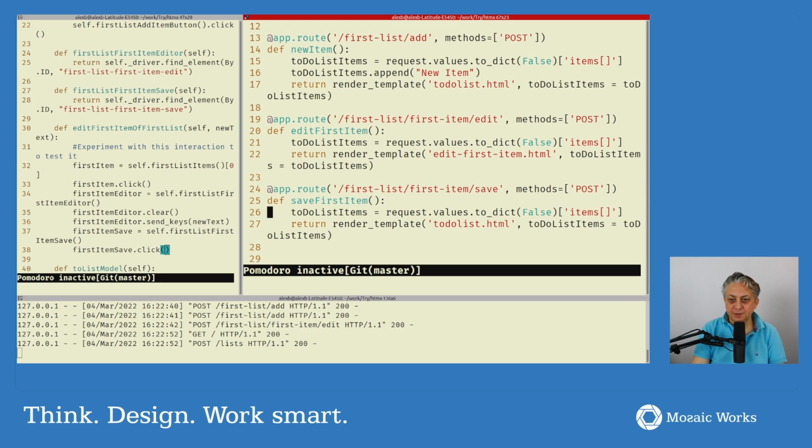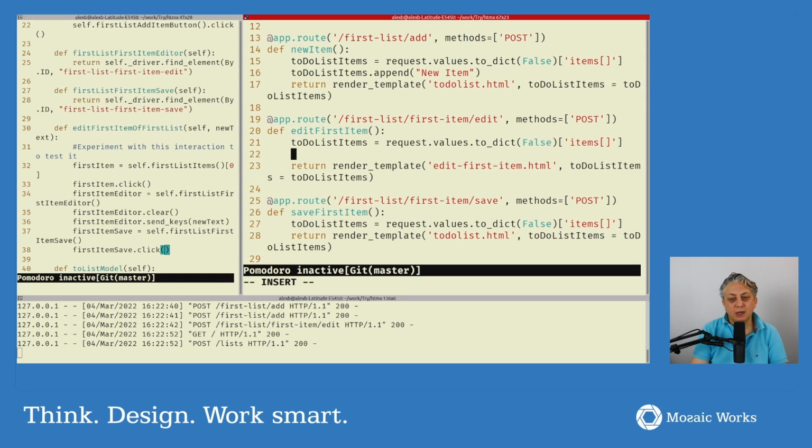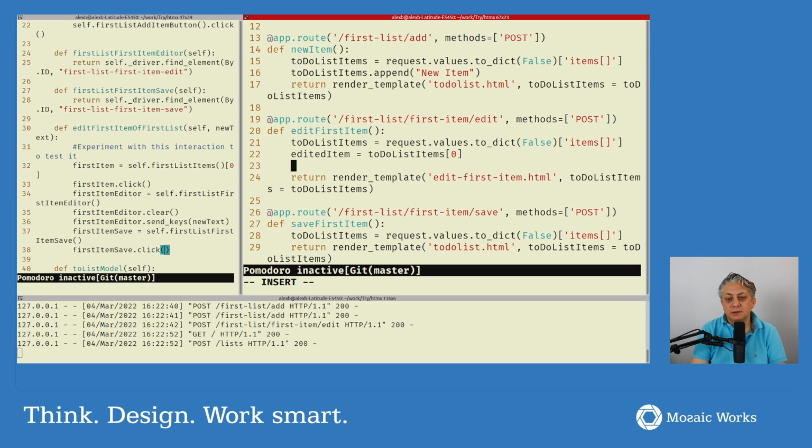I would like to split. Right now we are sending only this variable, but what I'd like to do is to split this variable in 2. I'd like to have the edited item equals to-do list items of 0, let's say, and then the rest of the list